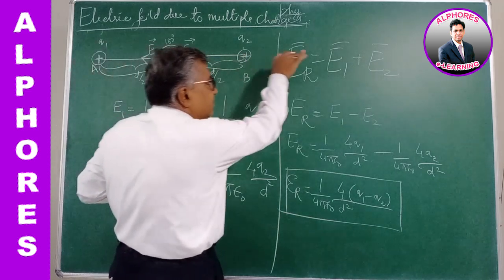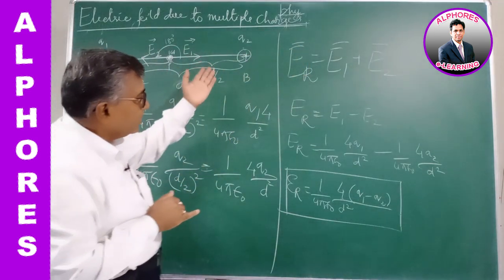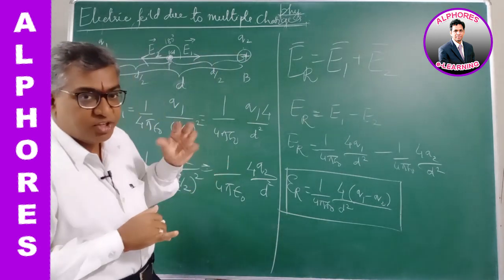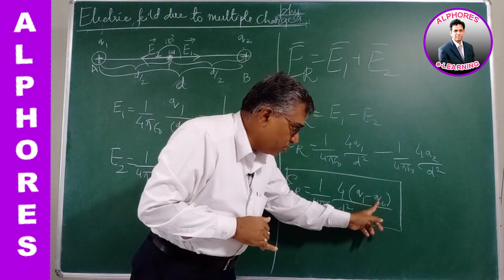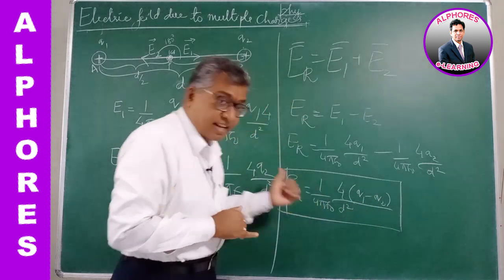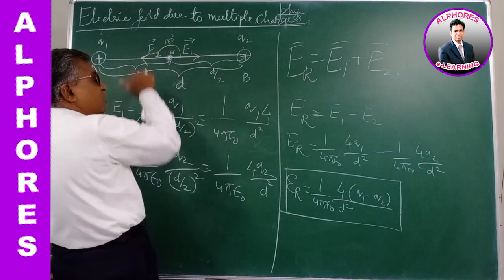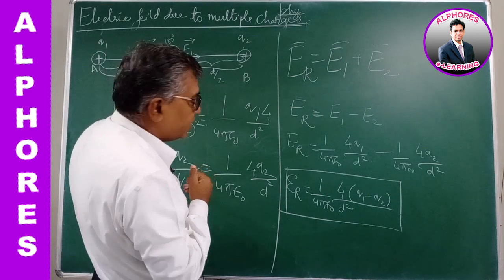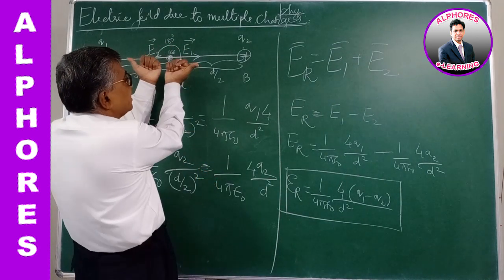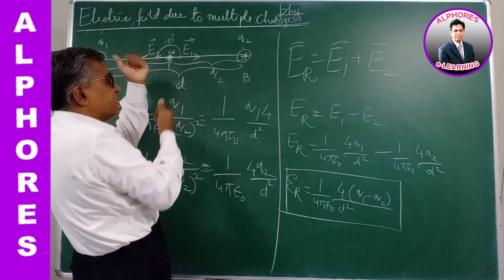The resultant electric field will be in the direction of E1. If not, if Q2 is dominant, Q2 is big enough, Q2 is more, then we'll get minus. The direction is opposite. So if Q2 is more, then the field due to Q2 is dominant, bigger, more in magnitude. So this is more magnitude, this is less magnitude. So the net field will be in that direction.